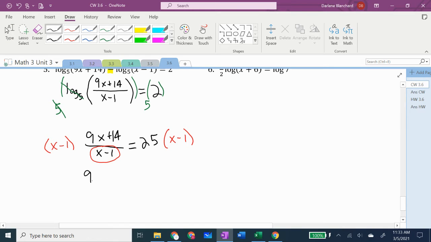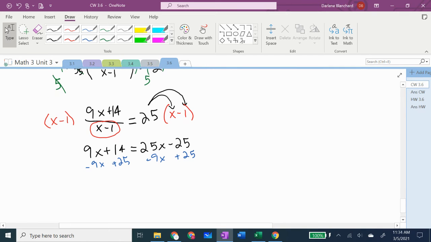By doing that, I will have left only the numerator of 9x plus 14. And I'm going to distribute the multiplication of 25 over the subtraction to have 25x minus 25. Now I need to get x onto one side, so I'm going to subtract 9x. And while I'm doing that, I'm going to add the constant 25